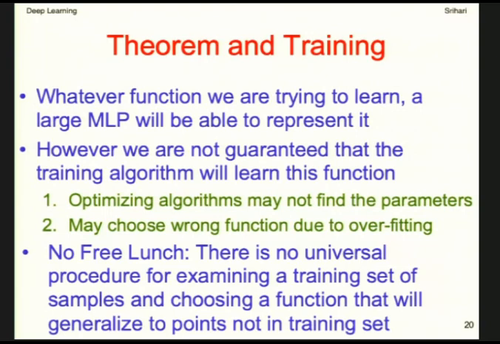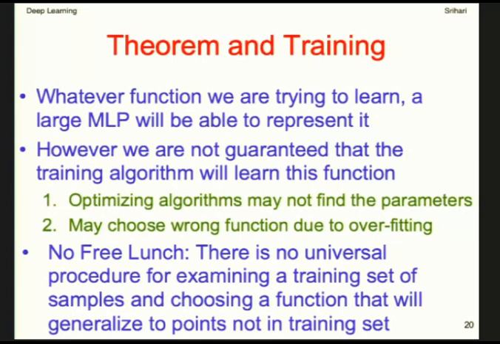All right. So, theorem and training. Whatever function we're trying to learn, a large multi-layer perceptron will be able to represent it. MLP is multi-layer perceptron, not machine learning. However, we are not guaranteed that the training algorithm will learn this function. The optimizing algorithm may not find the parameters, and may choose a wrong function due to overfitting. So it doesn't mean a particular architecture will actually find it. The theorem is a general statement. And so you will need to find the right number of parameters. The particular optimizing algorithm you're using, like stochastic gradient descent, may not find the parameters,